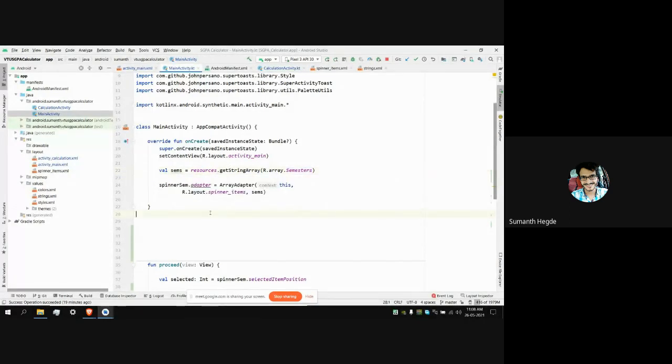After this, we are using the spinner sem adapter. An adapter is responsible for adding menu items into the spinner. It takes a layout file and data. Sems is the data for our menu items, and we have a custom layout called spinner_items. The adapter will combine this layout and data and provide the menu for this spinner. Let's have a look at this custom layout.